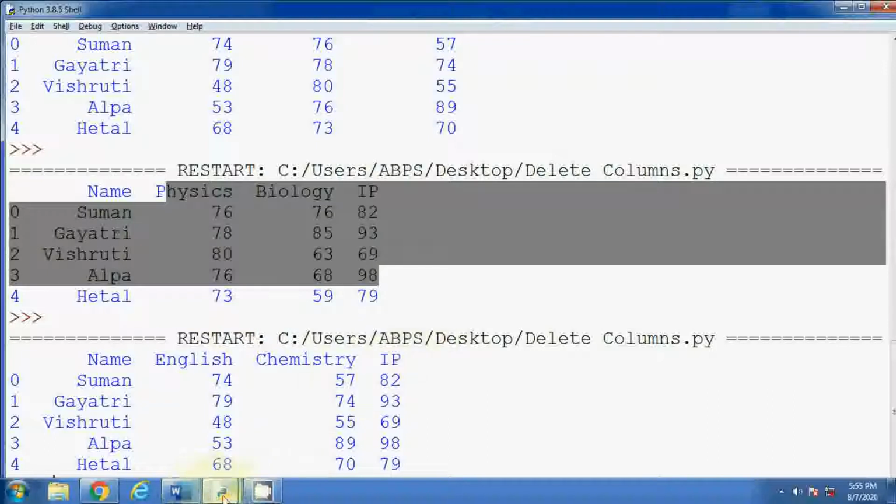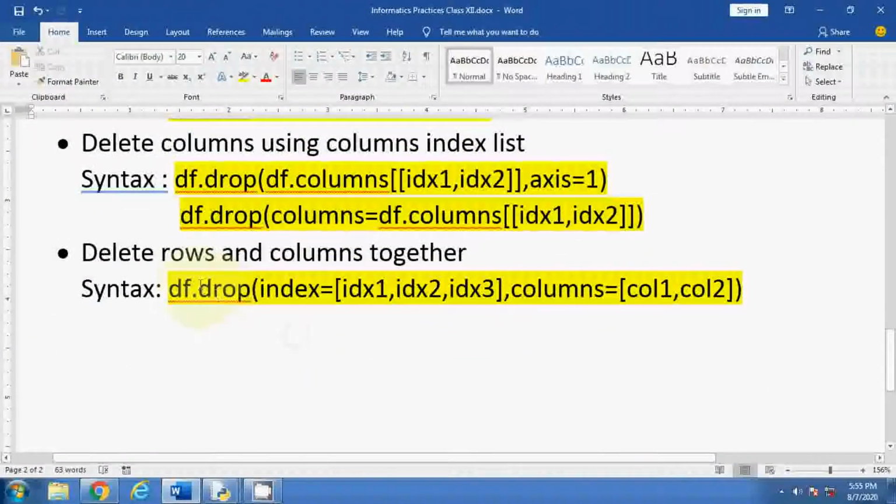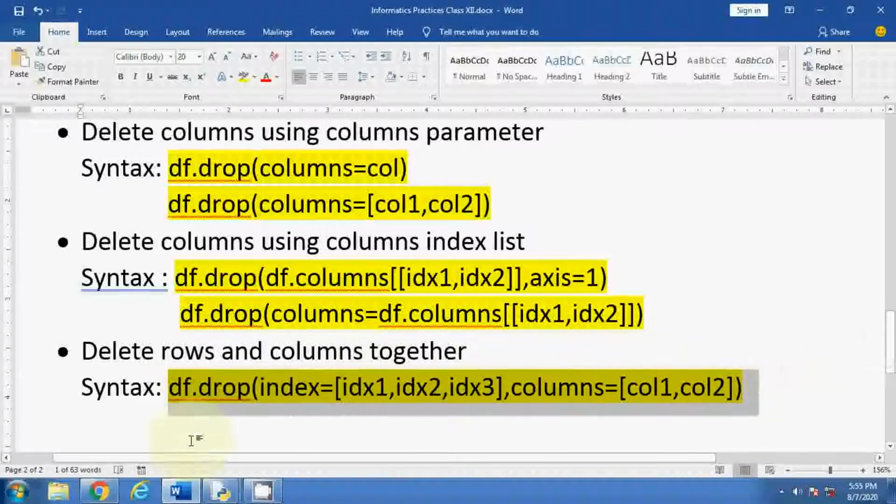Now the last one is delete rows and columns together. We have already covered how to delete rows, but if you want to delete both together, you can use this method. So in this method you will see df.drop index equal to idx1 idx2 idx3 and columns equal to col1 col2. So like this you can provide. So let me write the same thing. First df.drop, then